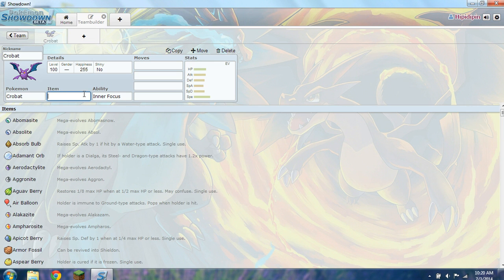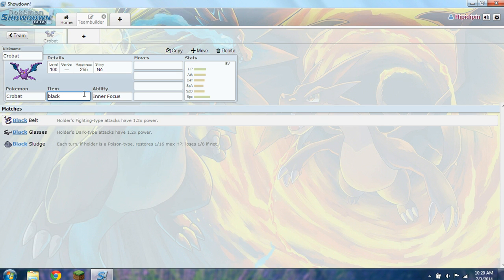So for his item, he has several options. What I like to do is give him some Black Sludge. And that's going to restore his HP a little each turn, and it's about the same as Leftovers, so if you're looking for another Pokemon to heal up,